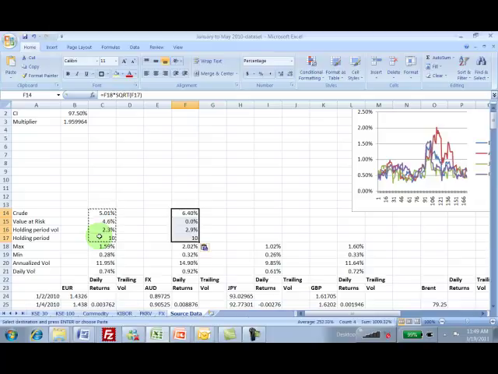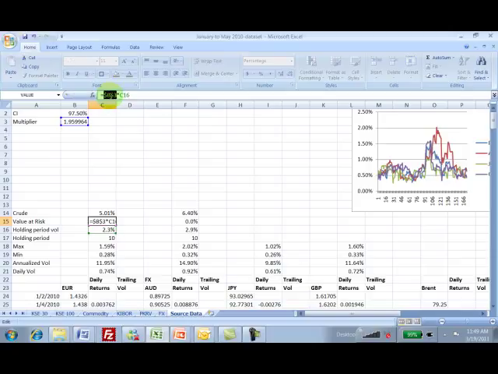The VaR number is off, most likely because I haven't locked in an appropriate cell. B16, yep. So I just need to make sure that our cell B3 is locked, F4 is locked. Square root of 7, this is fine. 10 is fine, and this is also fine. So if I now repeat this again one more time,